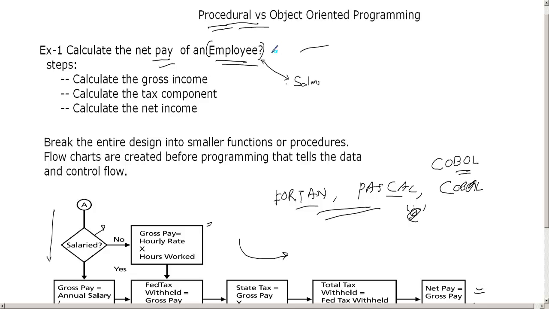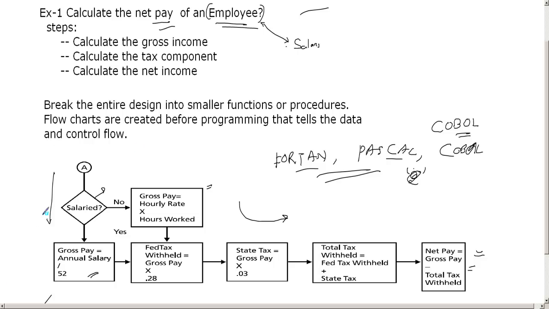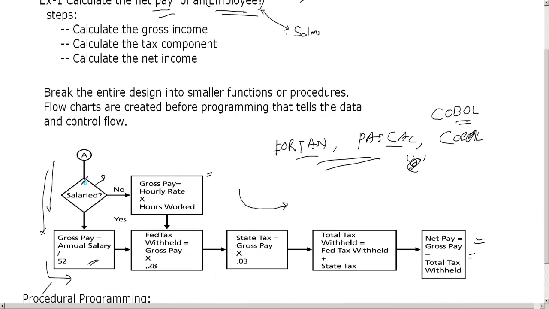small problem that basically calculates the salary of every employee in a given company. Now, in order to solve this in a procedural programming approach, what we basically do is create a flow chart which tells what is the flow of execution for a given program, and for every block we then create functions or procedures to perform some smaller tasks. So the idea of procedural programming is to first create a flowchart for a given problem, and then